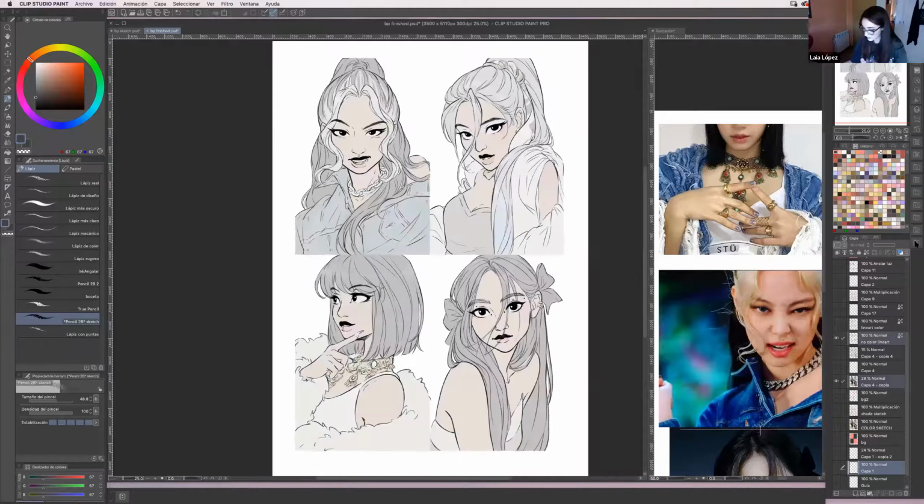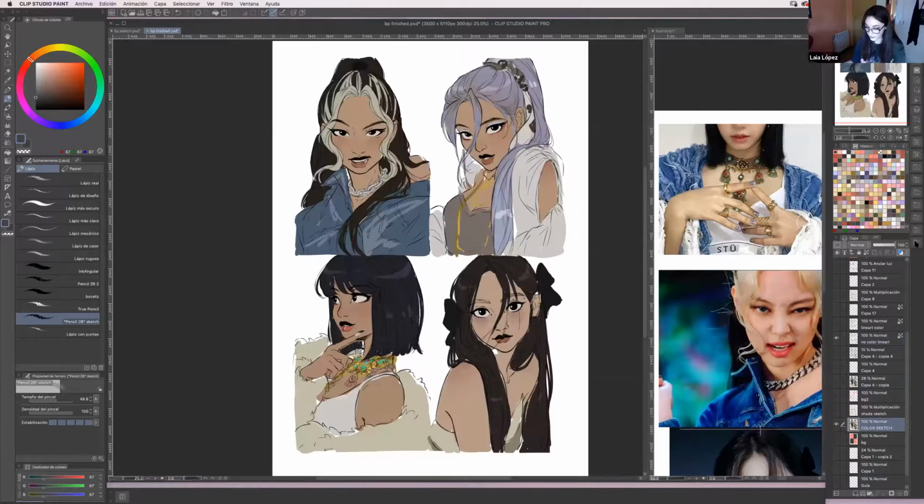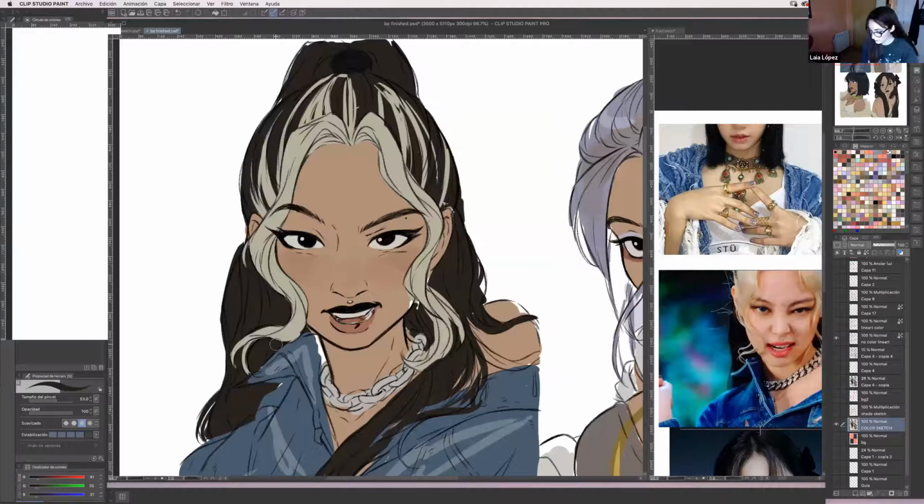This is the color that I did the sketch before. And basically what I do now is just clean it up. As you can see, most of the things are already done. I just have to erase if I went outside the line. As you can see, most of the job is already done, and it just saves me a lot of time.